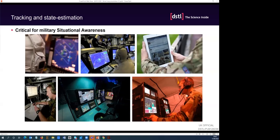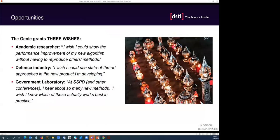So when I say tracking and state estimation, it's really just to emphasize, because tracking is state estimation, that we want to look beyond tracking as well as the standard tracking software. So next slide, please. So if there was a genie coming out of one of these lamps here, granting 3 wishes,